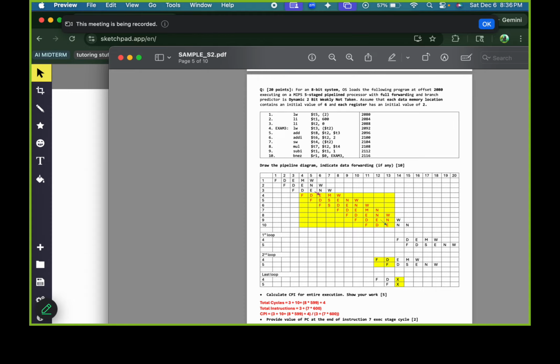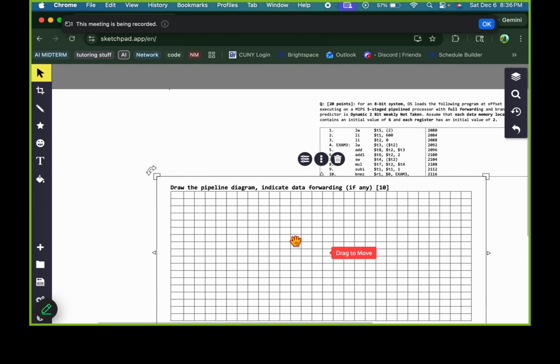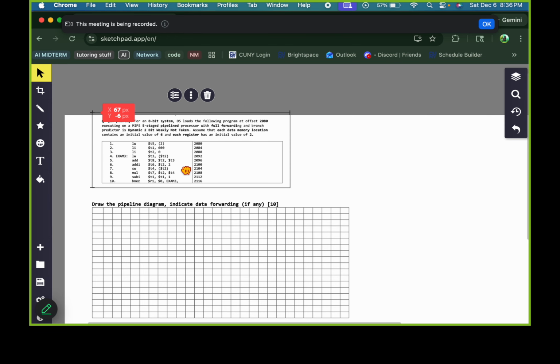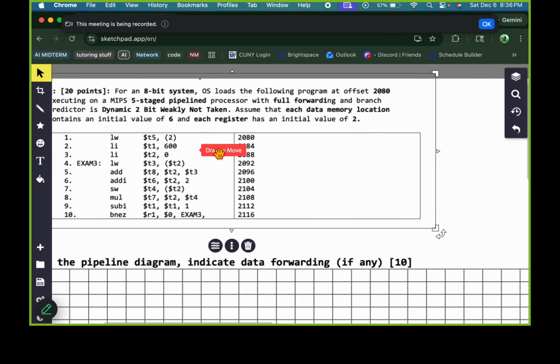I just want to have what the actual blank diagram would look like. Okay. All right, perfect. So over here,